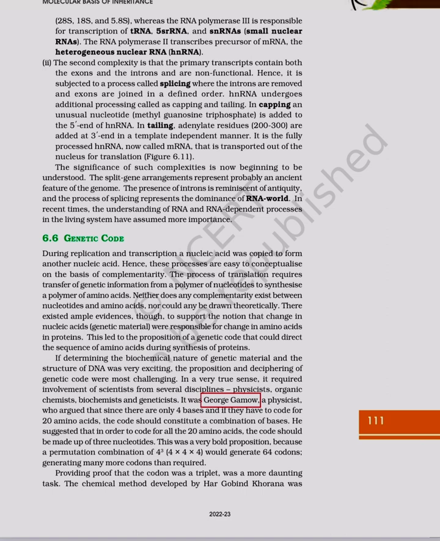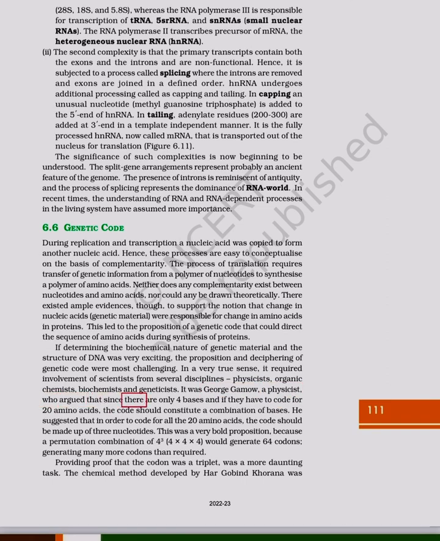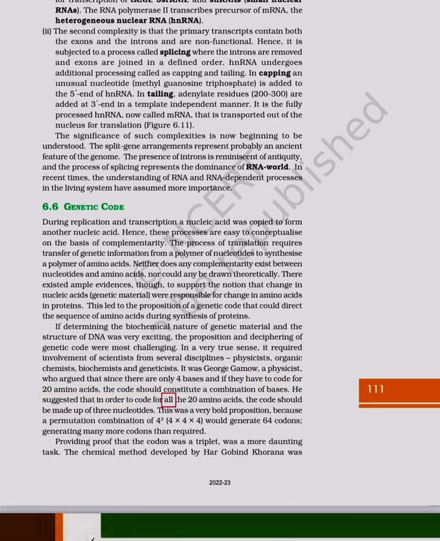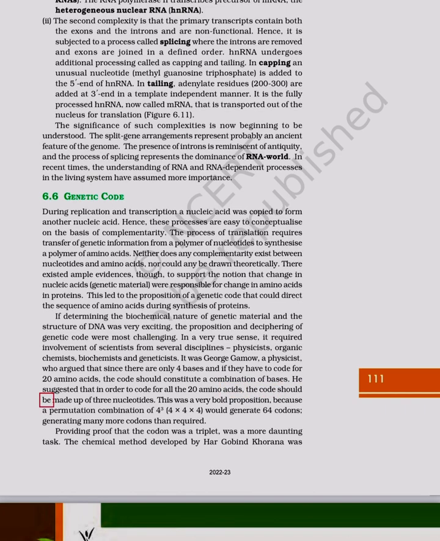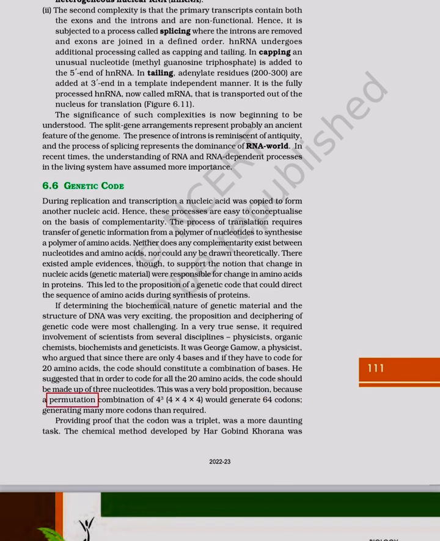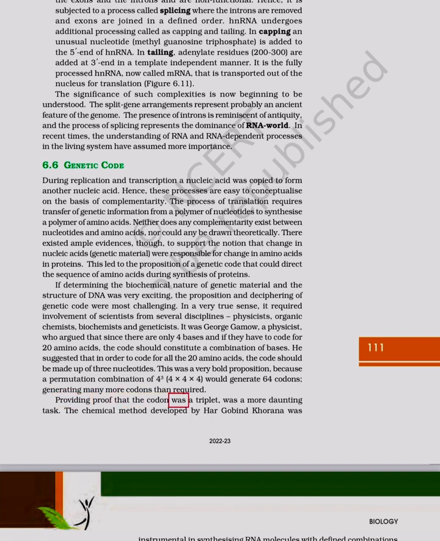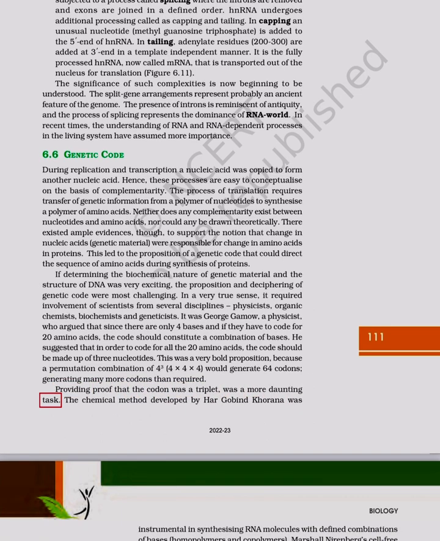It was George Gamow, a physicist, who argued that since there are only 4 bases and if they have to code for 20 amino acids, the code should constitute a combination of bases. He suggested that in order to code for all the 20 amino acids, the code should be made up of 3 nucleotides. This was a very bold proposition, because a permutation combination of 4^3, 4x4x4, would generate 64 codons, generating many more codons than required. Providing proof that the codon was a triplet was a more daunting task. The chemical method developed by Hargobind Khorana was